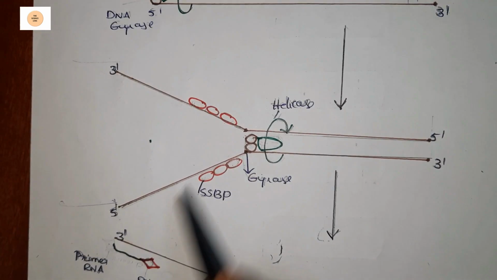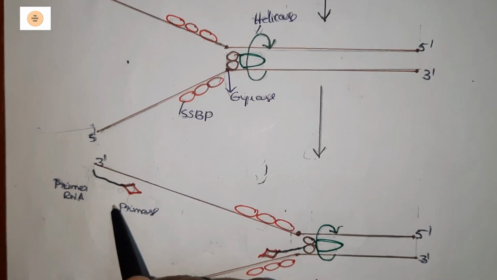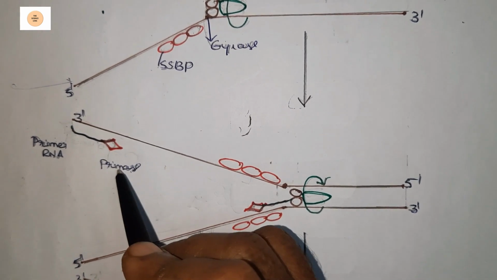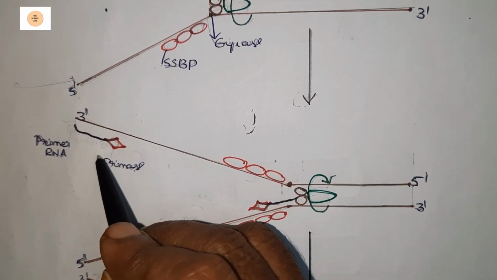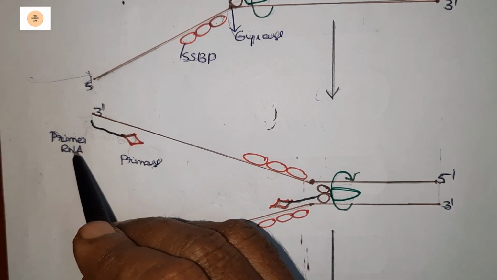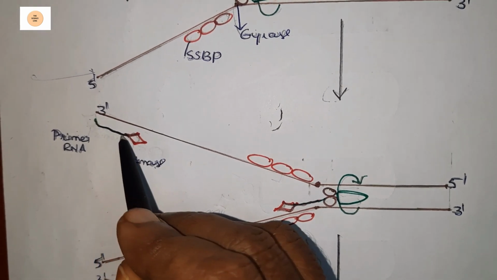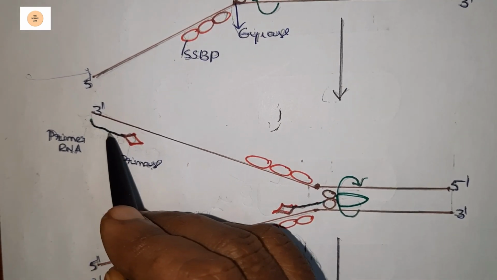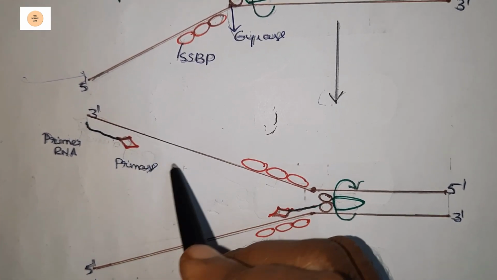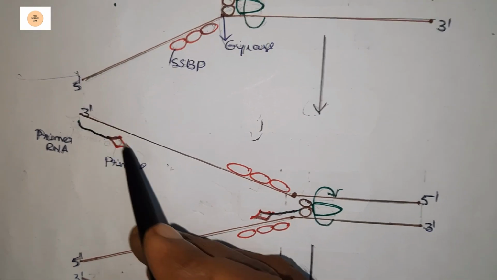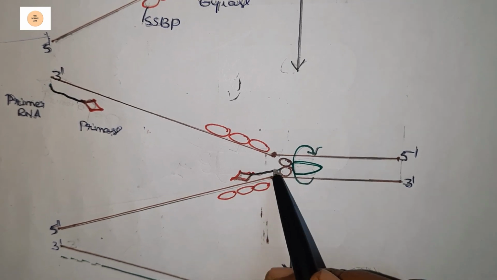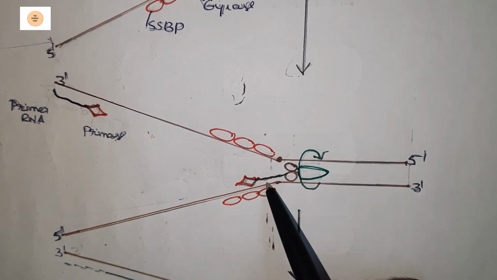Then after that, with the help of the enzyme primase, RNA primer was synthesized. So here this primase initiates the transcription process for the formation of a 10 to 60 nucleotide length RNA primer, and this RNA primer leads to the formation of the DNA chain with the help of the DNA polymerase. So here the direction is like this, and here also the direction for this strand is like this. So these two run in opposite directions.